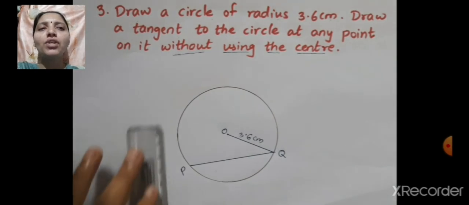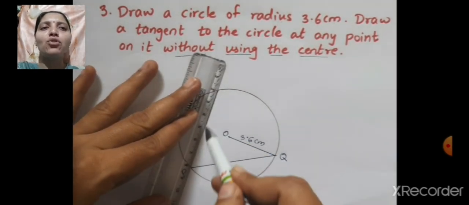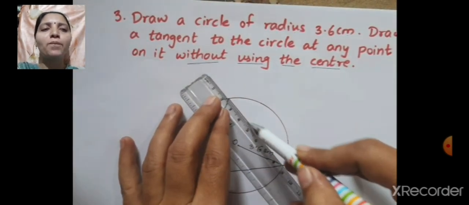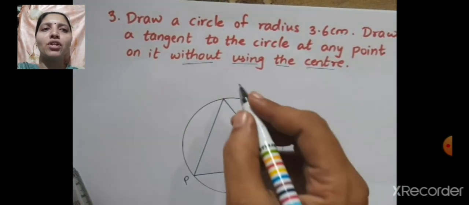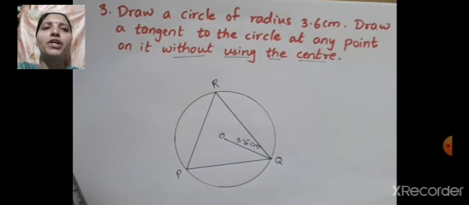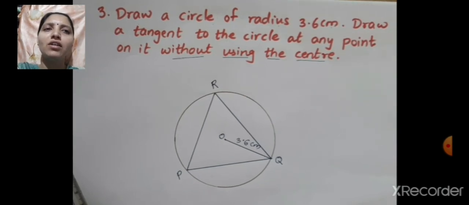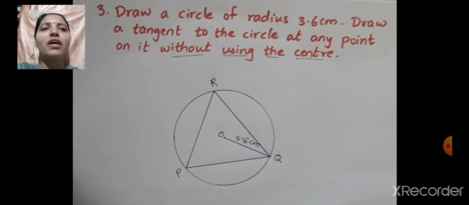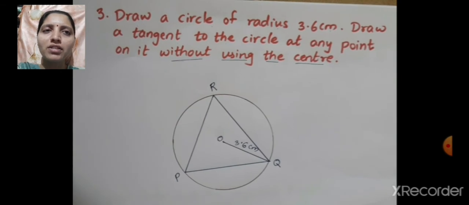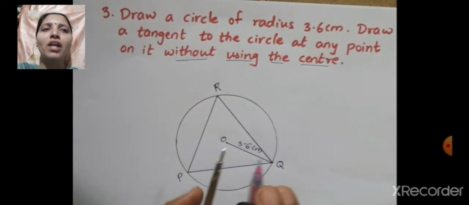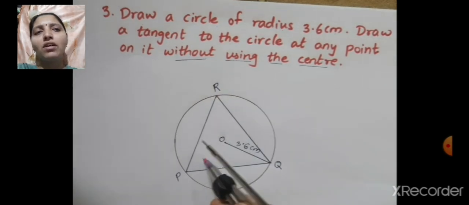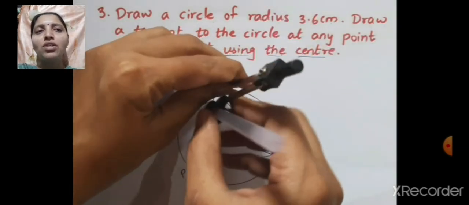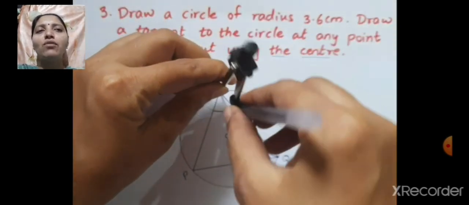Okay. So to this chord, second step is we have to draw an inscribed angle. So here I am drawing the inscribed angle. Okay. So this way you have to draw the inscribed angle and the point we are getting here is point R. So we got here triangle PQR. Okay. So the next step is in the compass you have to take approximate distance and you have to draw one arc at vertex R. Okay. So this way you will put pointer on R and you will draw one arc.